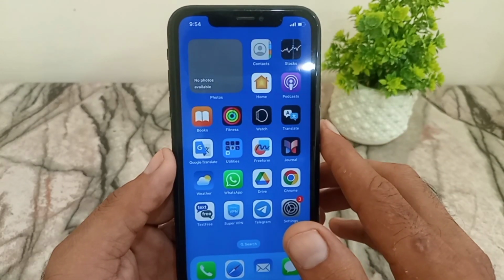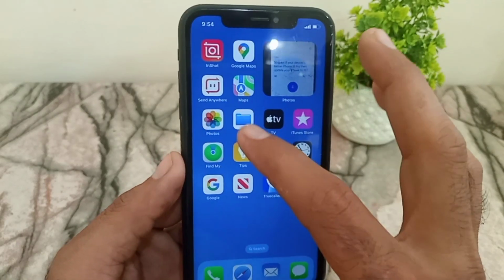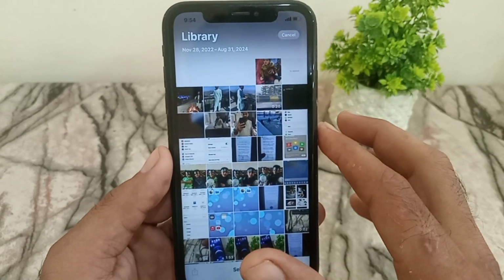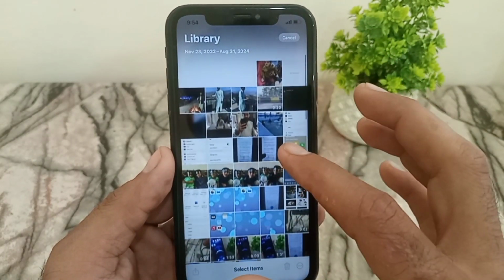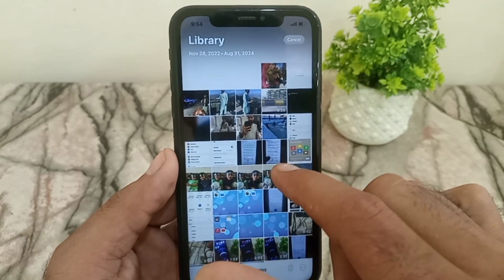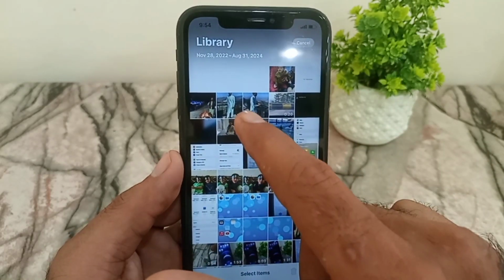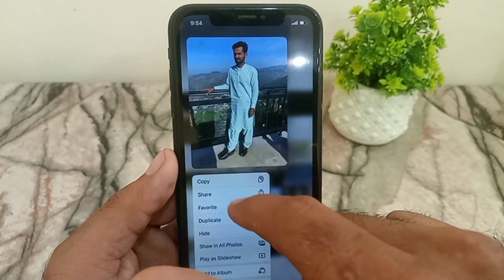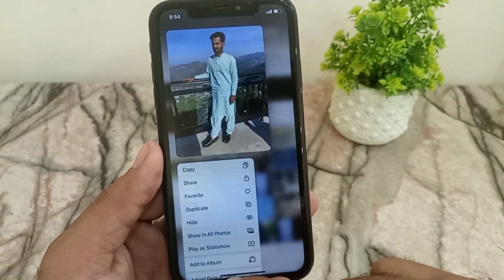So guys, open the Photos application on your iPhone, and select the photos which you want to add to the photo widget on your iPhone home screen. So I am selecting only this one. Here, tap on Add to Album,